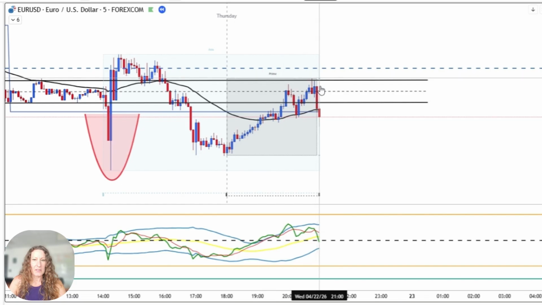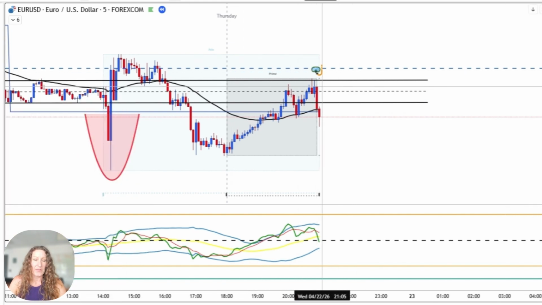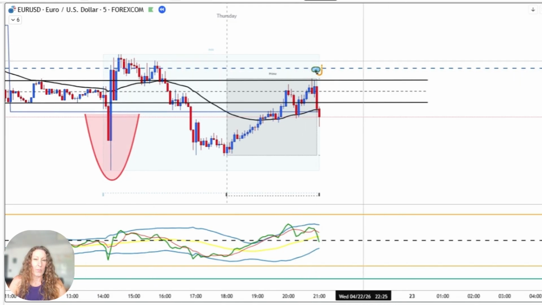Okay, these channels, you got to mark them out because man, do they really honor them. So there's my M. It is a little divergent. So right away, this has me worried. Yes, this is a divergent M, meaning that this high here, you see on TDI, it pops out. And then this high looks higher here, but it's lower here on TDI. So that tells me that this is divergent. It also tells me that this is not the high, which we know because we have a high over here to the left. But I don't like this. This tells me that they can still come up here more.